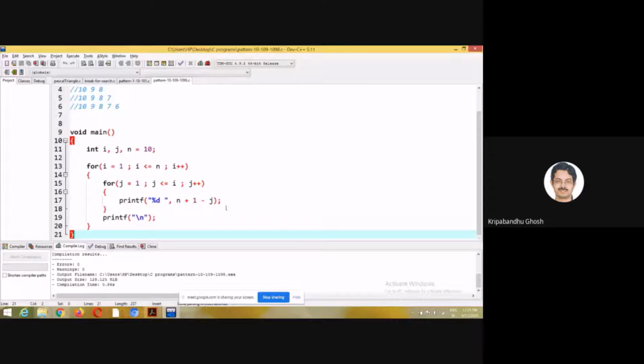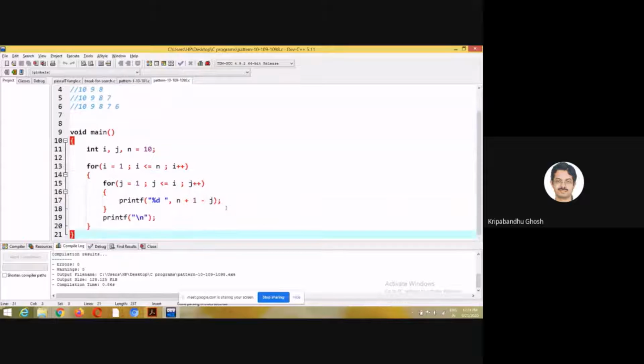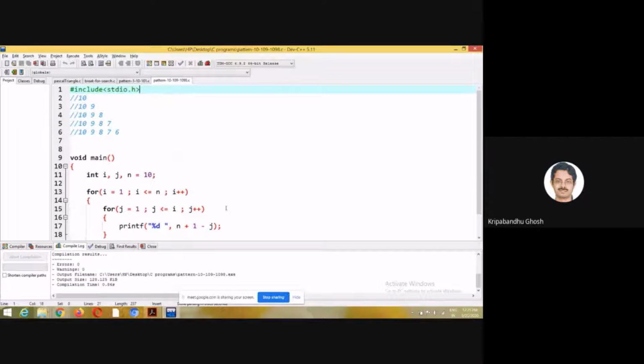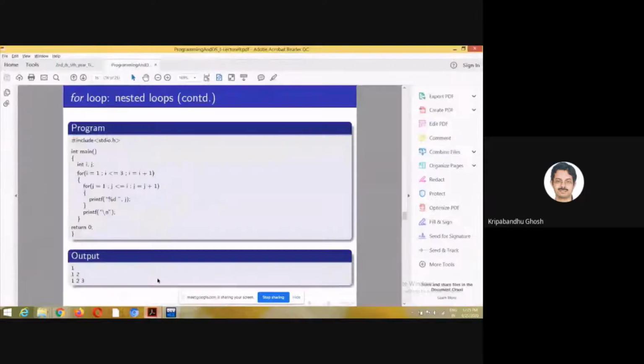It's very easy. You just have to think it through with a clear mind. You can create your own patterns and try to see what's happening. You have to do this exercise. It's very important because I'm going to ask you to write a pattern like this. It won't be very complicated, but you must be able to write this on your own. You can discuss with your friends before the examination as much as you want. You can seek each one's help if you want, but not while the exam is going on. But I'm sure and I have full faith in you that you are intelligent enough to be able to do this.